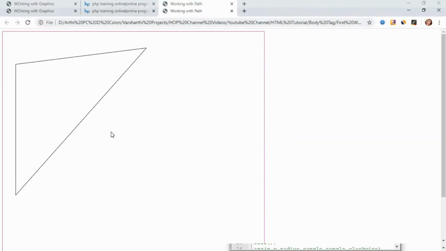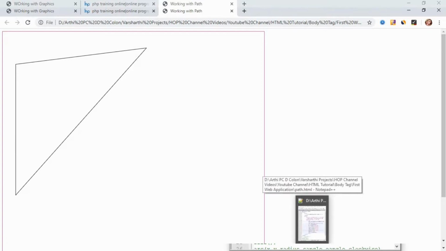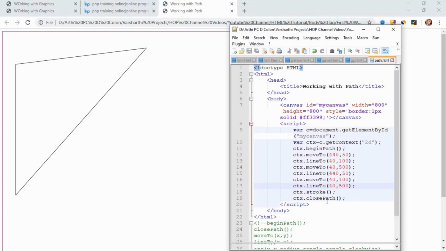Yes. So now we have drawn a triangle, right? So this way you can create n number of shapes. If you want to create a pentagon, you can create it. So for a pentagon there will be 5 sides, right? So you have to create another 2 sets of lineTo and moveTo functions with proper coordinates, right? So you can try creating a pentagon, right?